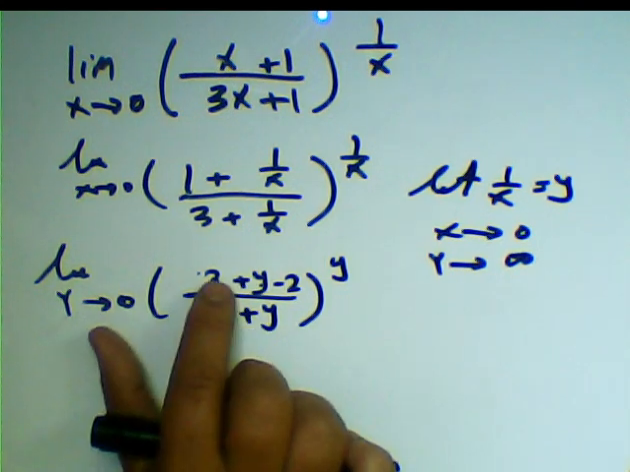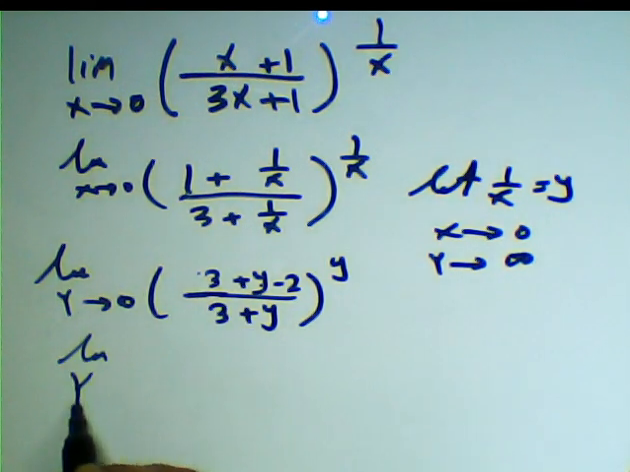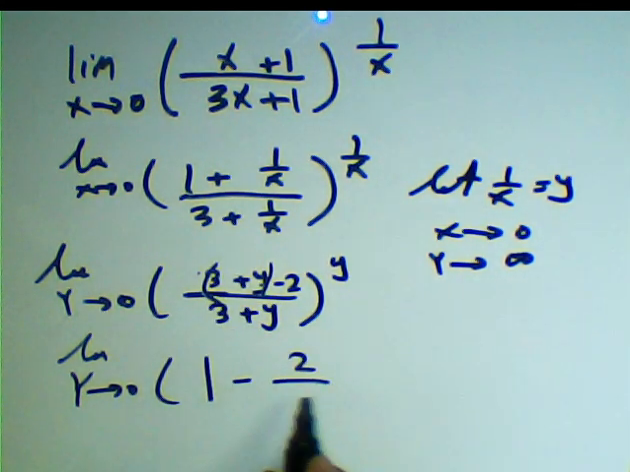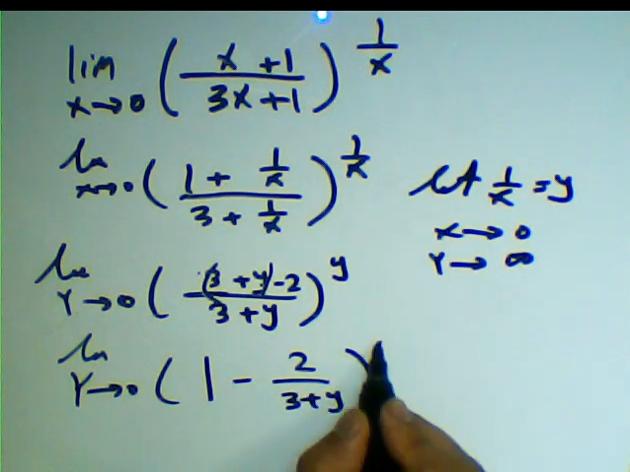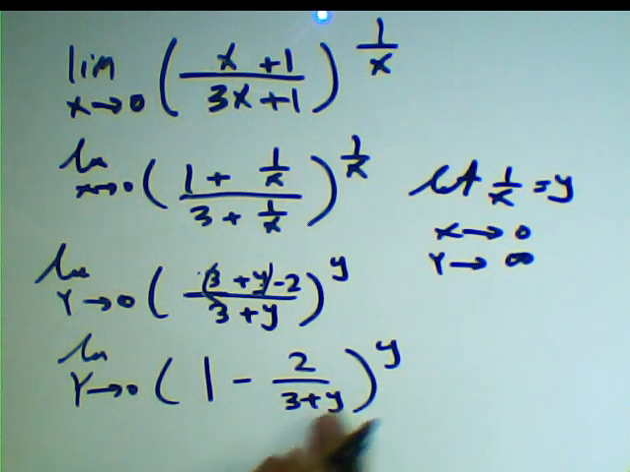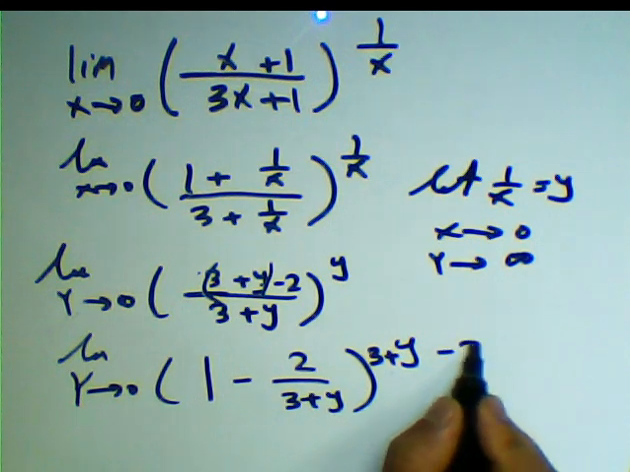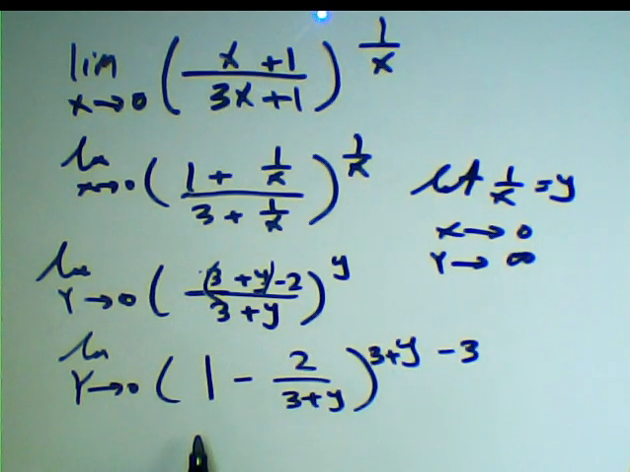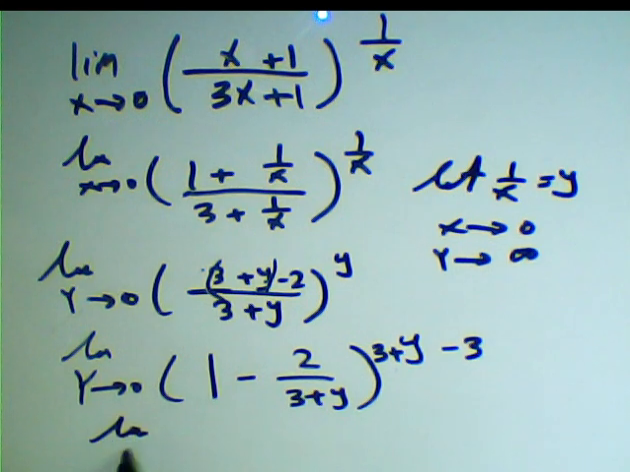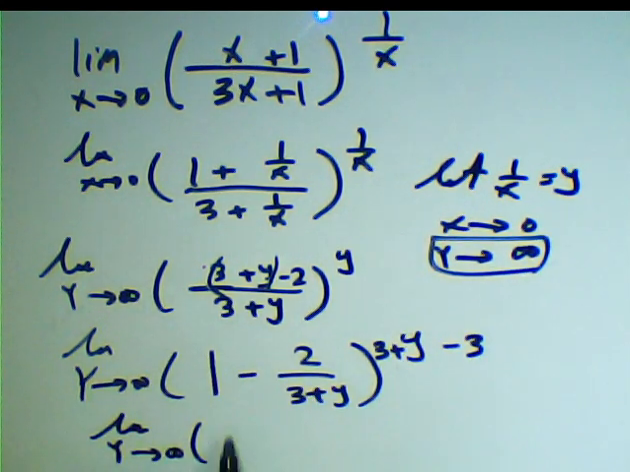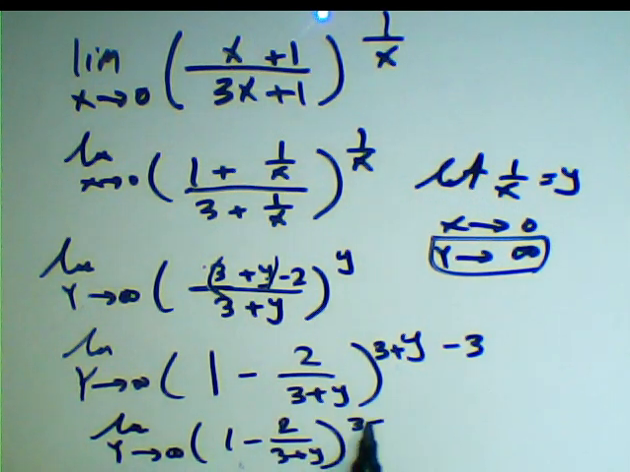Why do we do it? We must find 1 here. 3 plus y over 3 plus y equals 1, subtract 2 over 3 plus y all power y. And then the power here must be equal to the base, so for y we will add 3 and negative 3. Okay, and then you can write the limit when y approximates to infinity here. Now this function is 1 minus 2 over 3 plus y all power 3 plus y